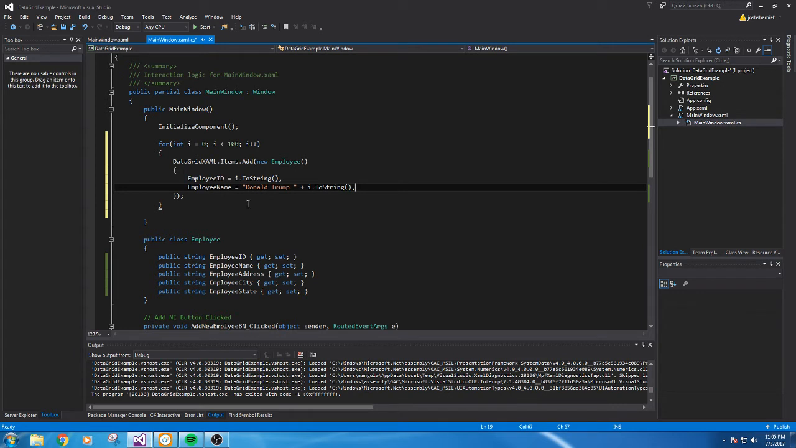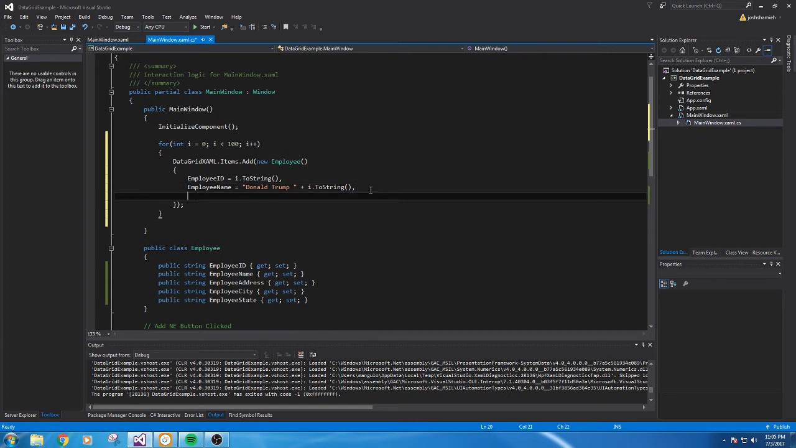So what it'll be: Donald Trump 1, ID 1, Donald Trump 2, employee ID 2, Donald Trump 3, employee ID 3, and so on and so forth. Just so we have data that doesn't look exactly the same, but it will look kind of the same. Of course, I could do a random function and make this look way better, but I'm just rushing through this